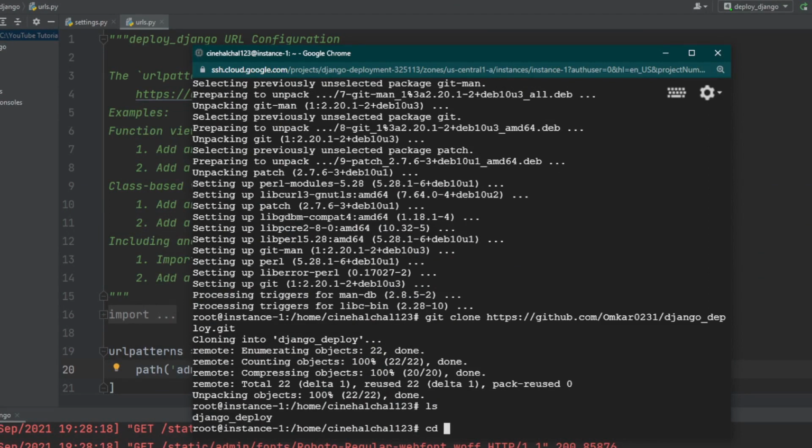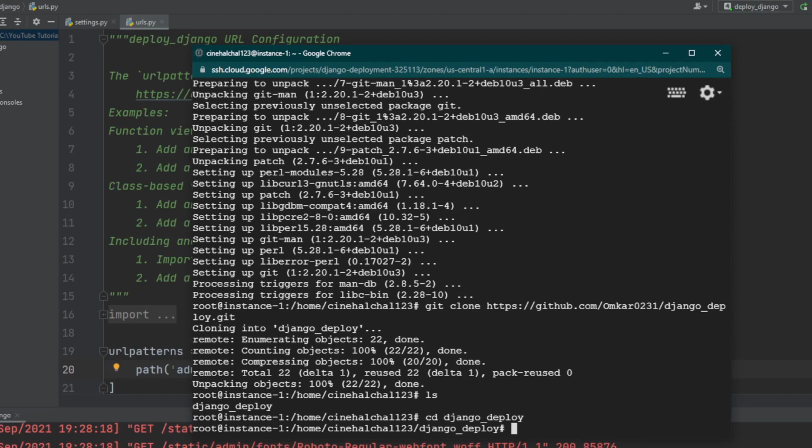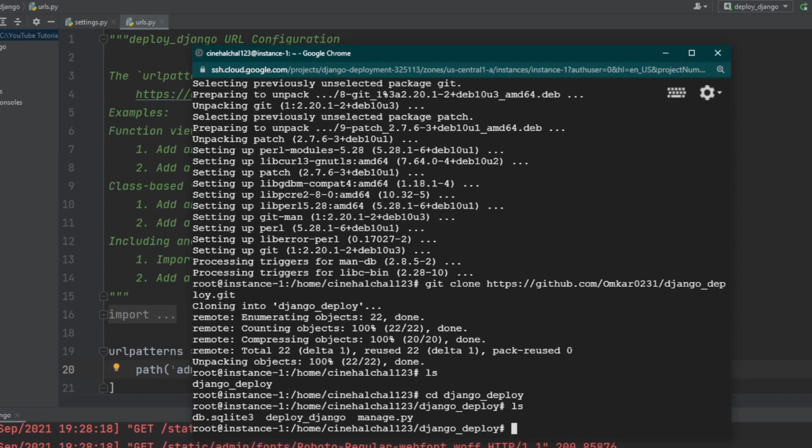So let's go into the project, django_deploy. Let's see if the files are there.